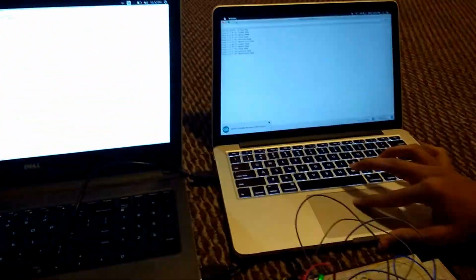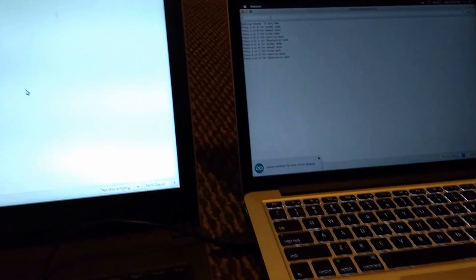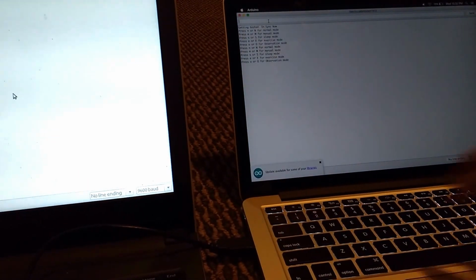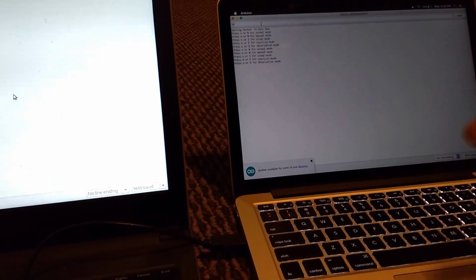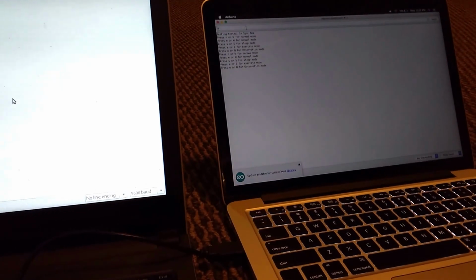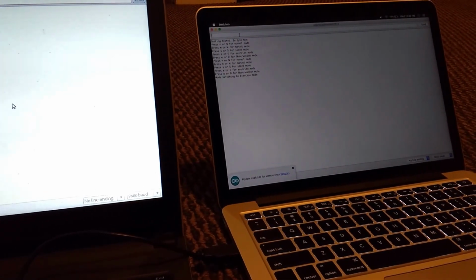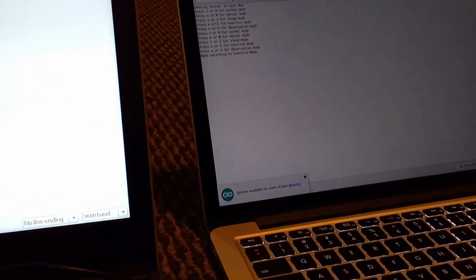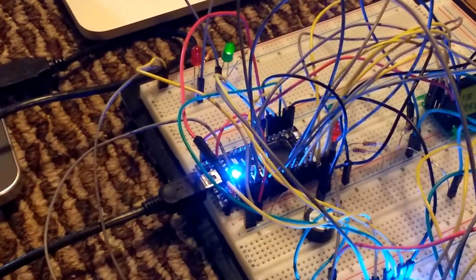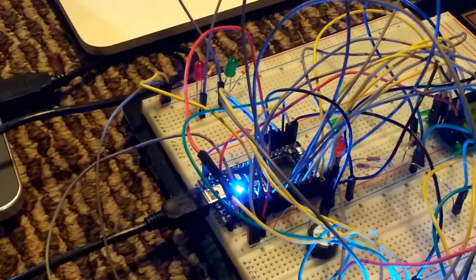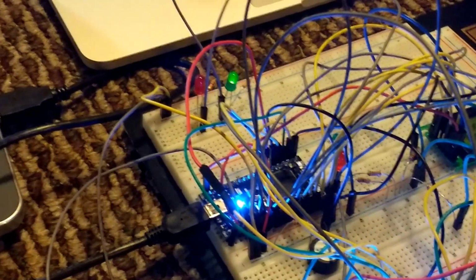So now I'll put the pacemaker in the exercise mode, and you can see how the rate gets quicker, because as a person is exercising, his heart rate is going to exceed the normal limit. As you can see, the mode is switched to exercise mode, and if you look at the LEDs now, the heart is beating at a faster rate. Now what we can do here is observe the intervals.